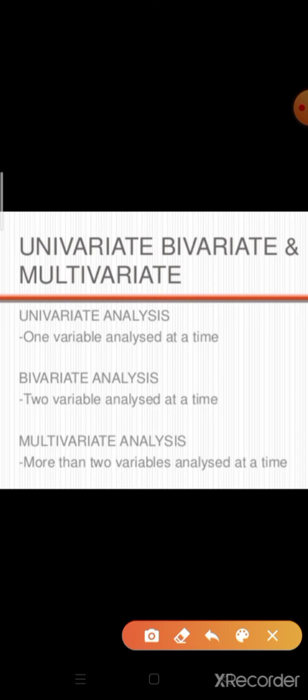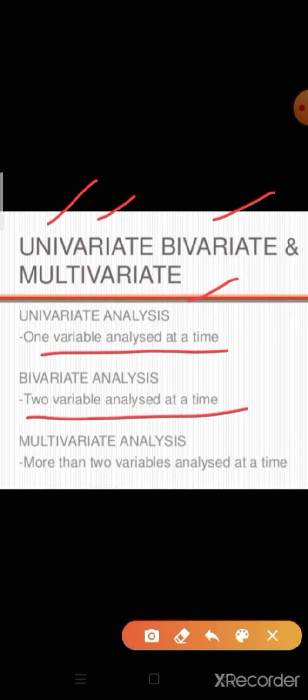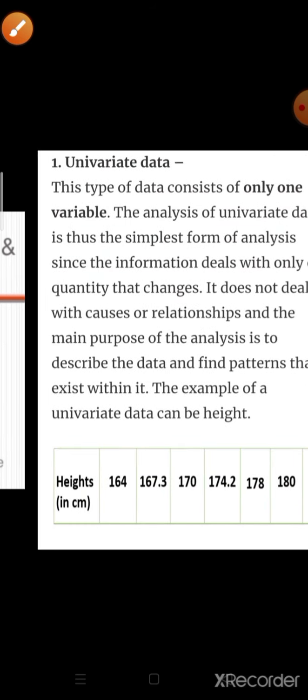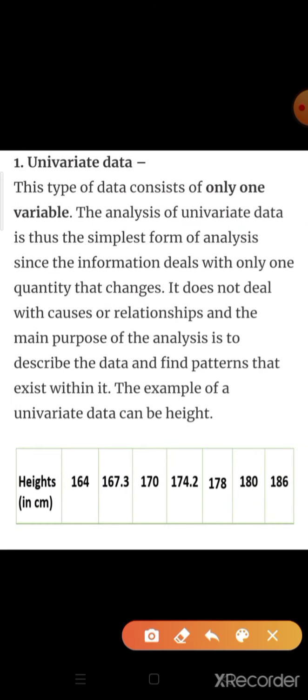Now, types of data. There are basically three types: univariate data, bivariate and multivariate. As the name suggests, uni means one variable analyzed at one time, bivariate means two variables analyzed at a time, and multivariate means more than two variables are analyzed at a time. So let's discuss one by one. First,